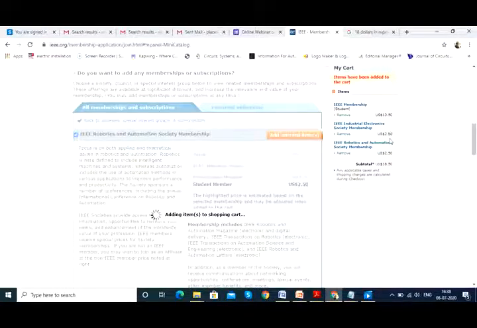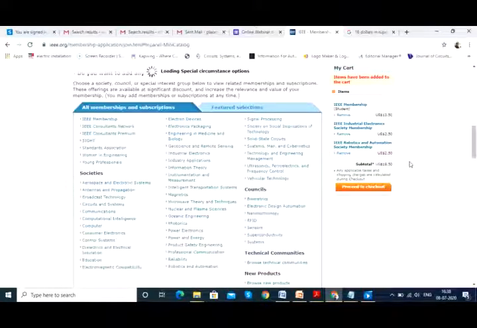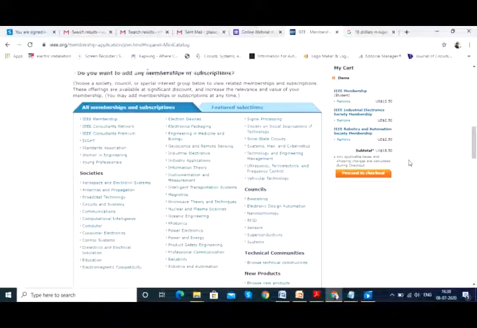So basically the agenda is, since we are going to start 2 societies under IEEE branch at VDIT, one society is with respect to Industrial Electronics, one society is with respect to Robotics and Automation. So I request all the first year MTech students to select or to pay or to include Industrial Electronics Society membership, and I request all the second year MTech students to select IEEE Robotics and Automation Society membership.